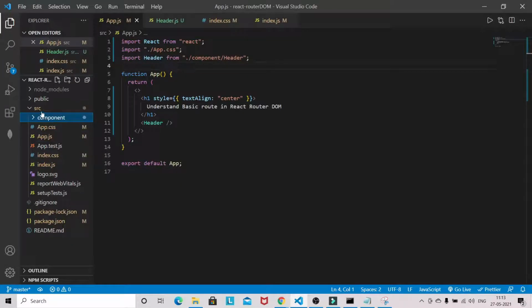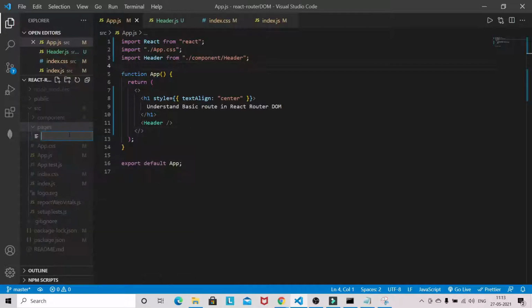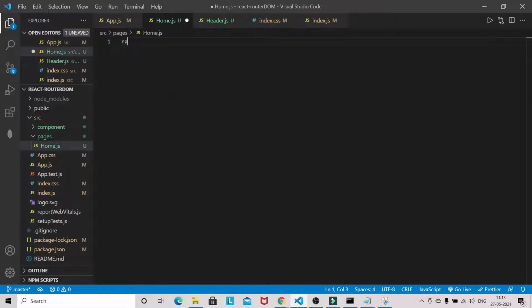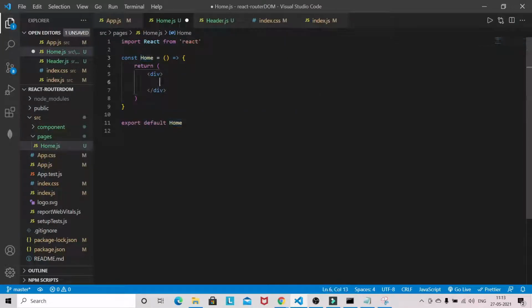Let's create one more folder, pages. First I will register one component, so let's see home. RFC, and I will give the heading home component.